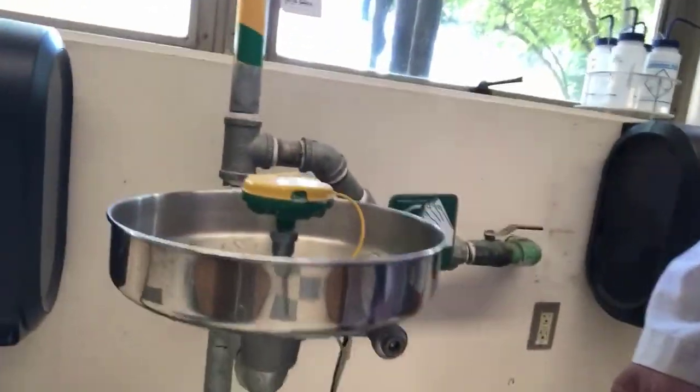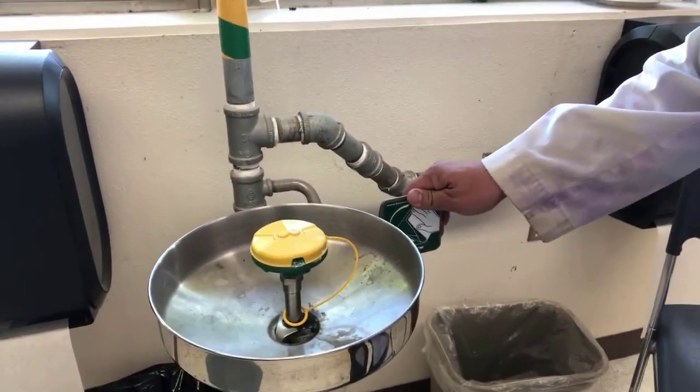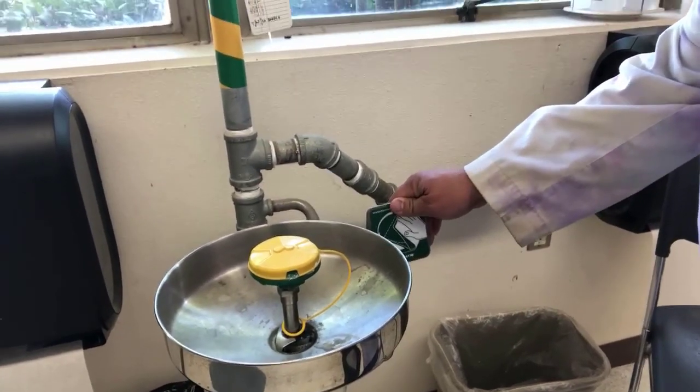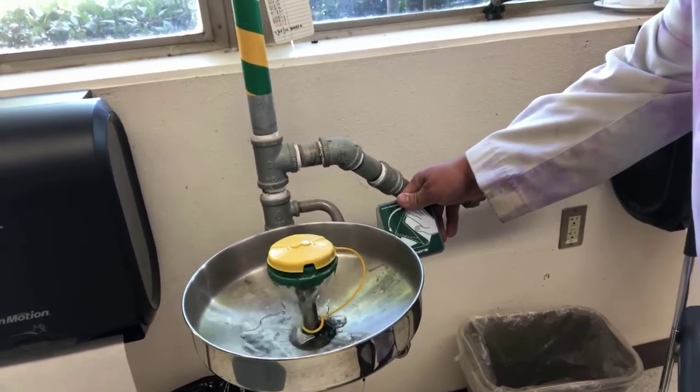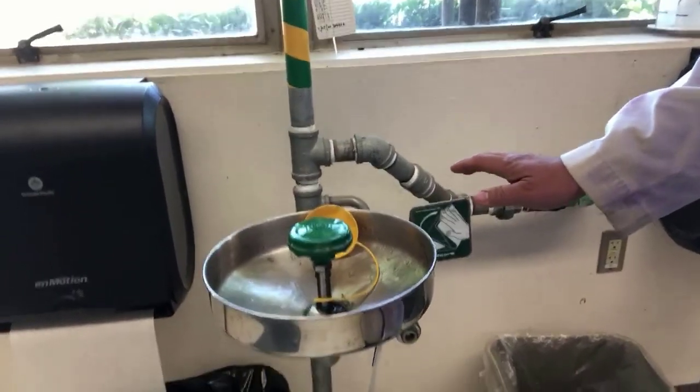Now, having said that, there's also an eye wash. This is our eye wash station right here. The way that it works is there's this lever on the side, and when you push this down, water will come spewing out like that. Now I'm going to turn it off right away